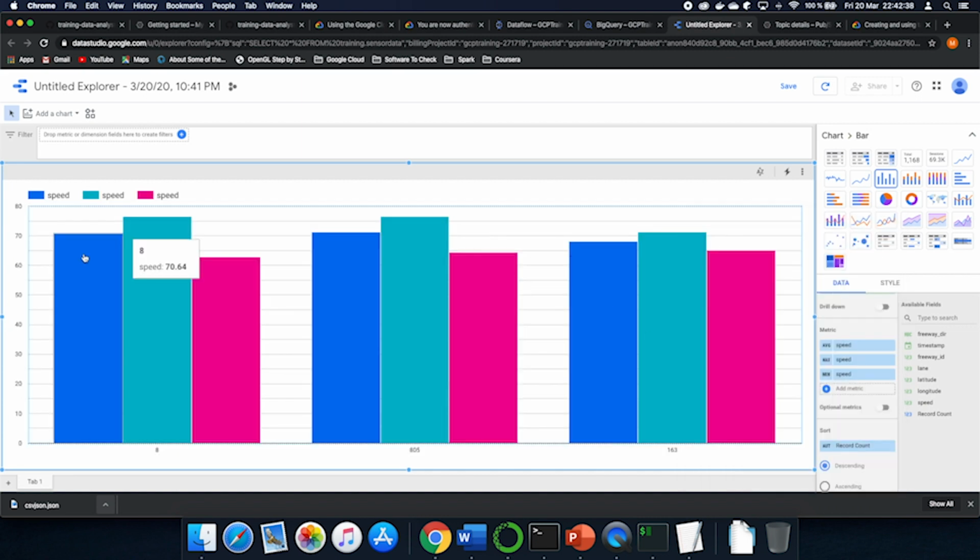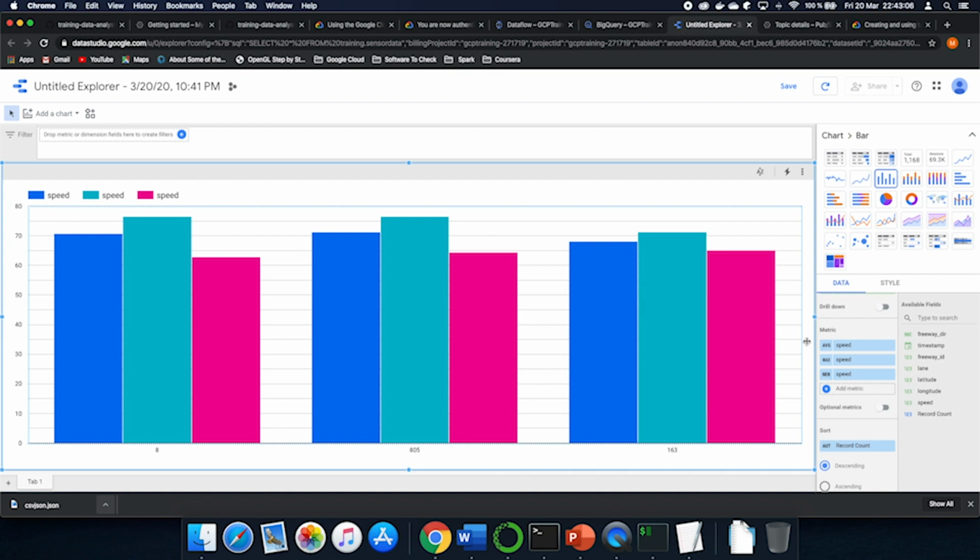So as you can see, of course the data is not enough to make better charts, but we can already see the average speed, the mean speed and the max speed on the highways. You see this is average, this is max, and this is mean on highway 8. This is average, max, and mean on the 805.